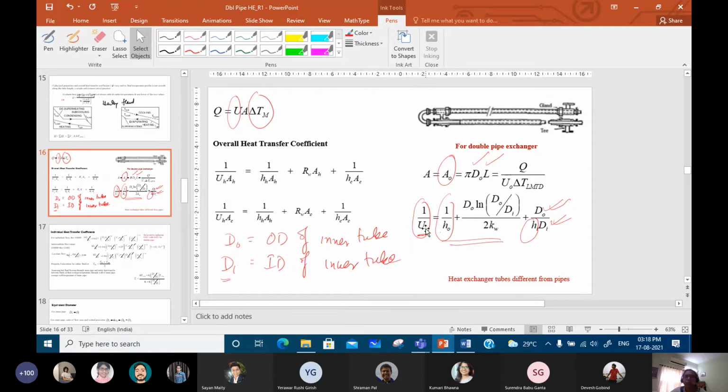With that guess, find out UO, find out AO. Already you have made a guess about DO, and you know L, the length of the standard bought out pipes. So based on that, you can either go for a hairpin arrangement, decide about the number of hairpins, then find out the pressure drop. If you find by all these things the pressure drop has become higher, then maybe you have to reconsider your selection and go ahead with it.